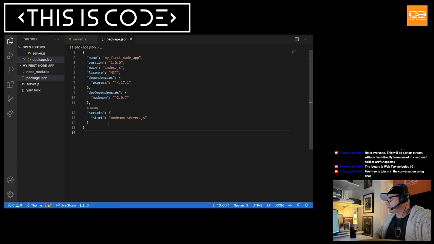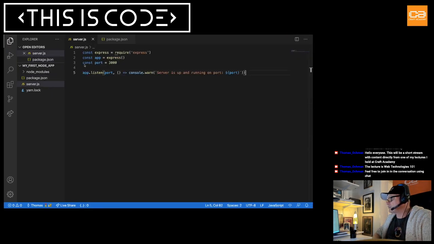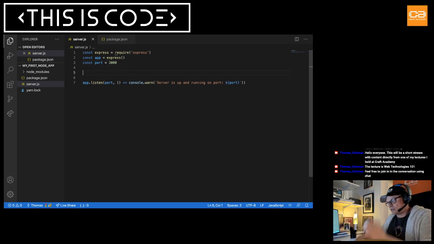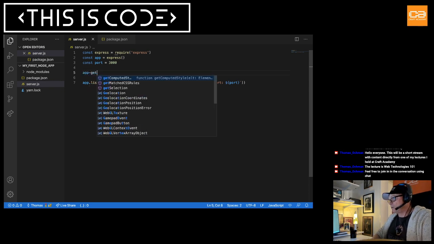But let's not settle for that. Let's have this app actually do something for us, right? So we could say something like this. Let's say that we want to just display a very basic HTML page saying hello world. We all have to start with hello world sometimes, right? So if I would say app.get, now, oh, sorry,